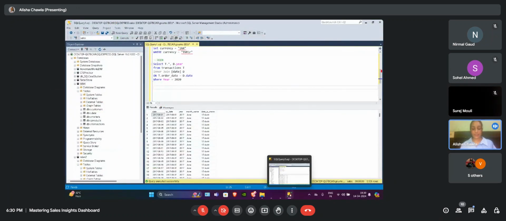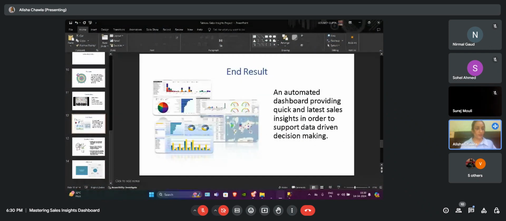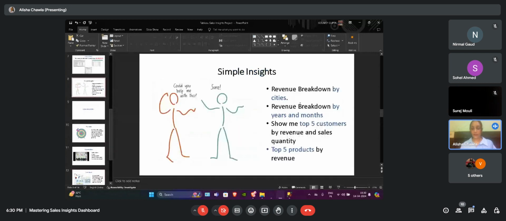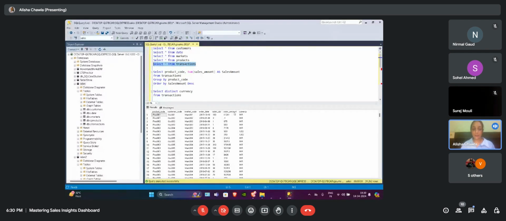So these are the basic commands. Let's start with these simple questions. What is the revenue breakdown by cities? So how can we do this in SQL first? We have to select our revenue column, which is in our transactions table, that is the sales amount.